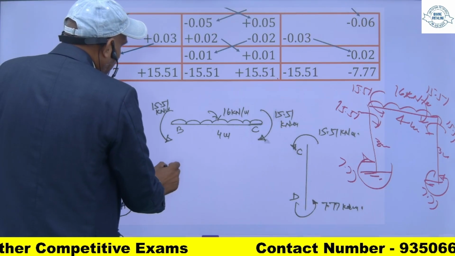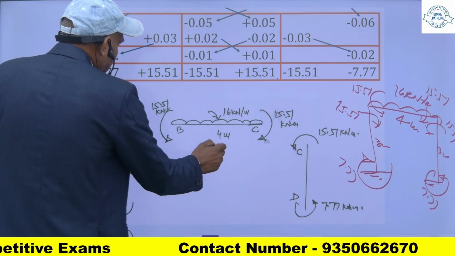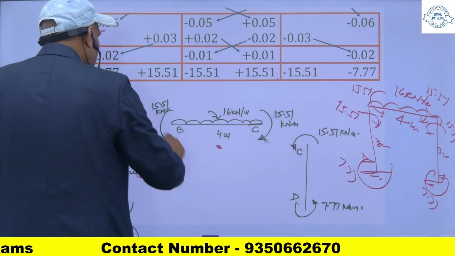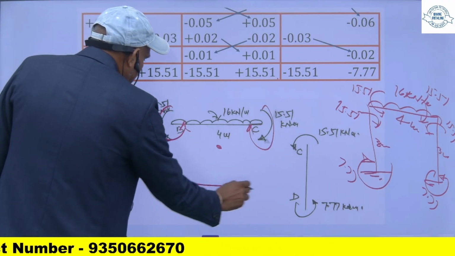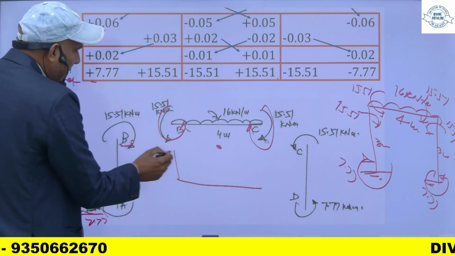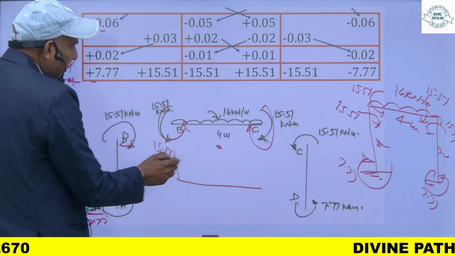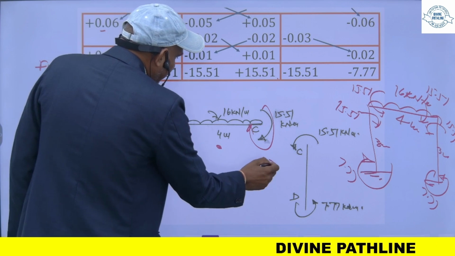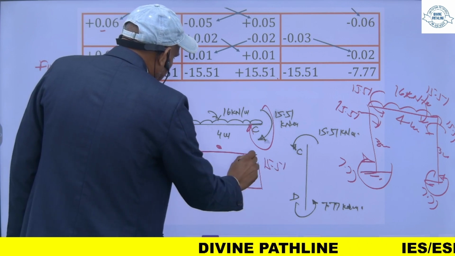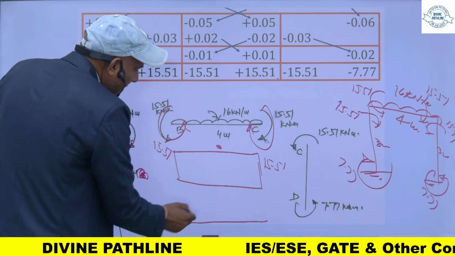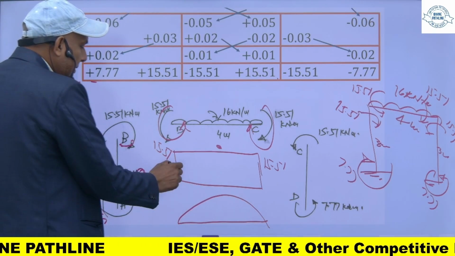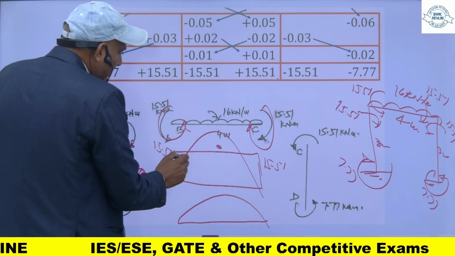सिमिलरली जब मैं इसके लिए बेंडिंग मोमेंट ड्रॉ करूंगा तो when I see from this, ये इस तरह से डायरेक्शन आएगा इसका, तो plot it in the direction of the arrow, so it will be 15.51, this is also 15.51, इसको मिला देंगे, और इसका जो यूडीएल आएगा वो सेगिंग, यूडीएल का बेंडिंग मोमेंट सेगिंग आएगा, इस तरह से उसको सुपर इम्पोज कर देंगे, तो ये इस तरह से हो जाएगा।